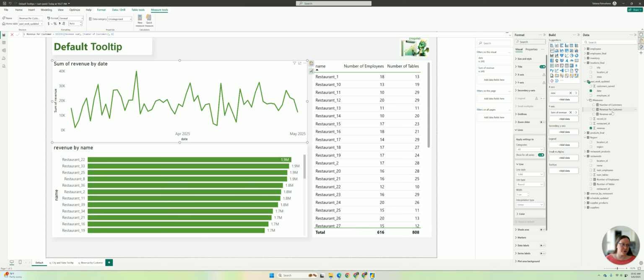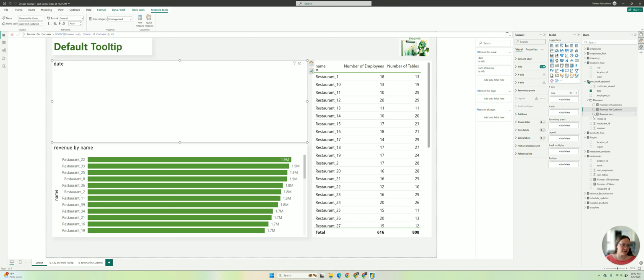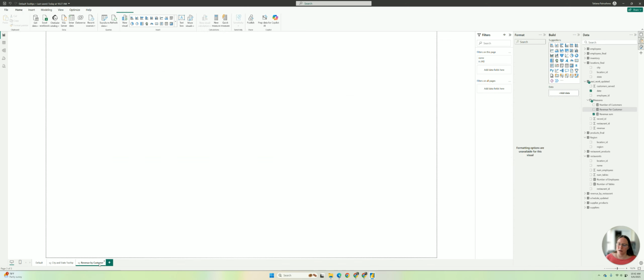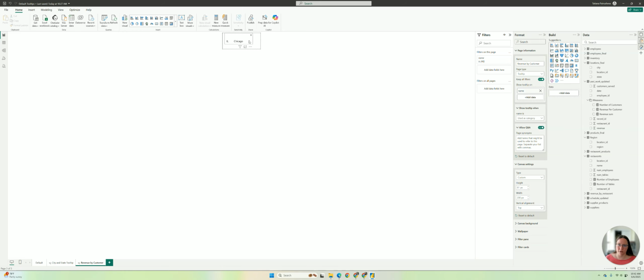Then we're not using an implicit measure. We need to change it to sum of revenue. So sum of revenue, we have number of customers and we have revenue per customer on each day. And we want to show it all in our